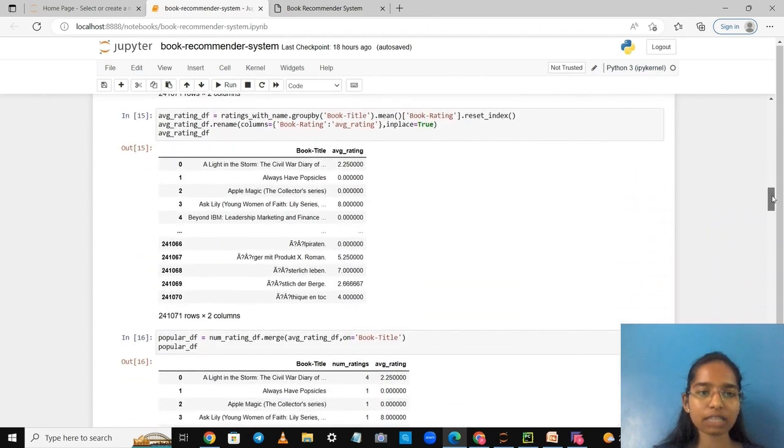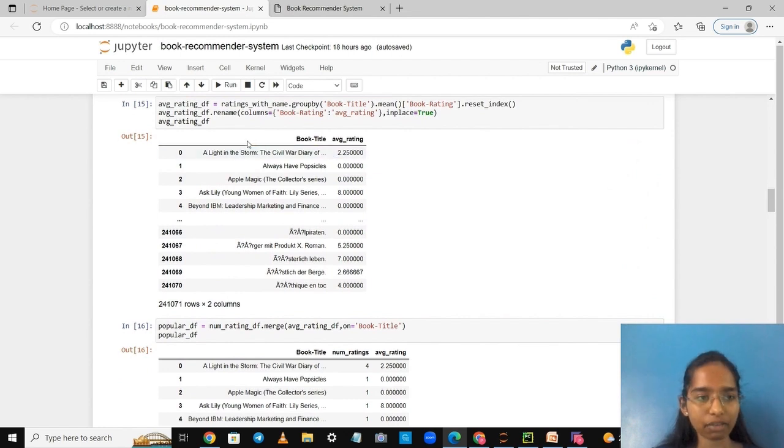Now, as we have decided to get the highest average ratings, we'll find the average rating for each book. So again, we'll calculate the mean of the book ratings for individual books. This is the code for calculating the average rating, or the mean rating, for every book.